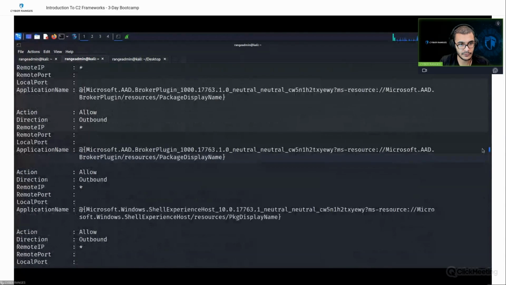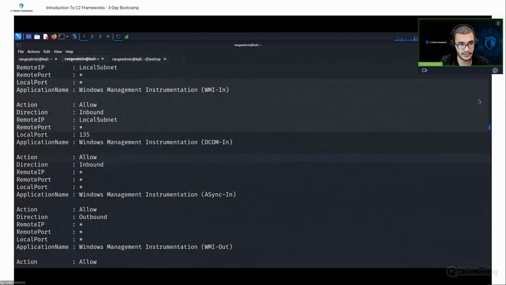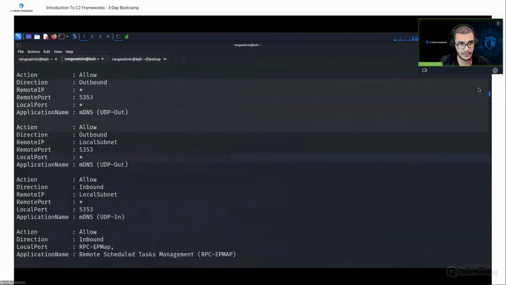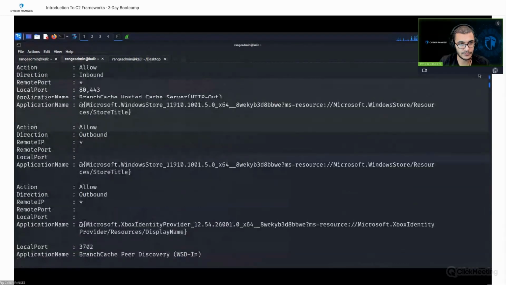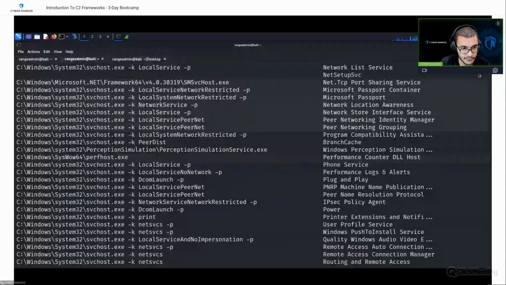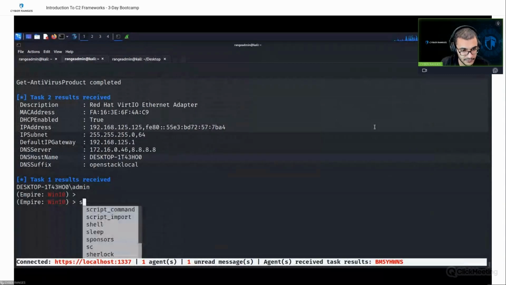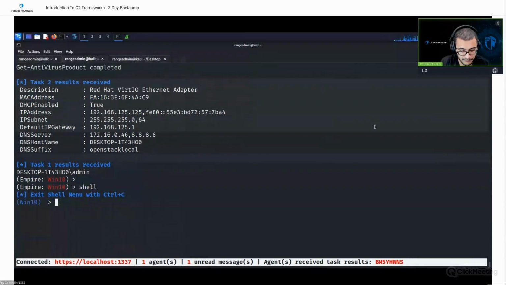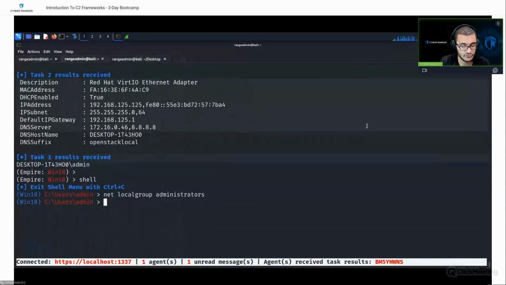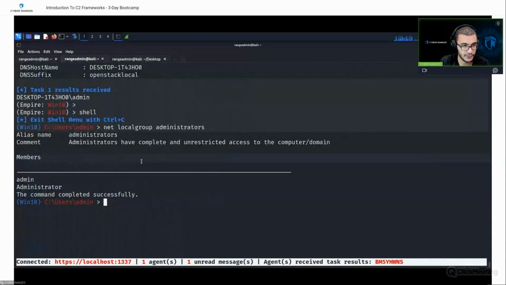Okay, so this is still part of Win enum. That'll probably be displayed at the highest level. Another option, of course, which I should have done earlier because I was aware this was going to be the case, is just shell. It's always good to execute the native commands within a shell. So there we are. You can see the admin user is a part of the